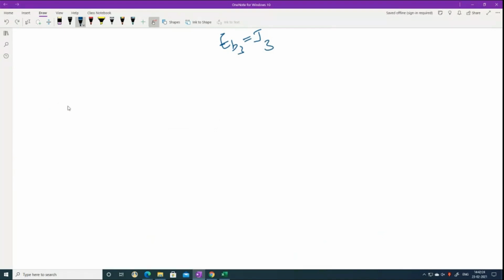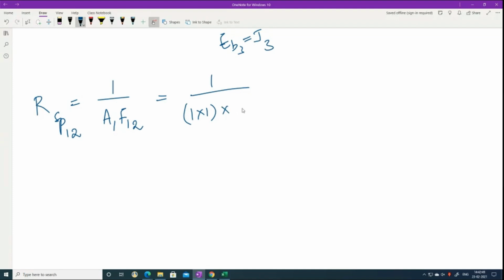RSP. What is the formula for RSP12? Tell me. The basic formula, we saw it in the morning. 1/A1 F12. Okay, good. So A1 is 1 into 1. F12 we found just now, 0.2. So you'll get RSP12. Then